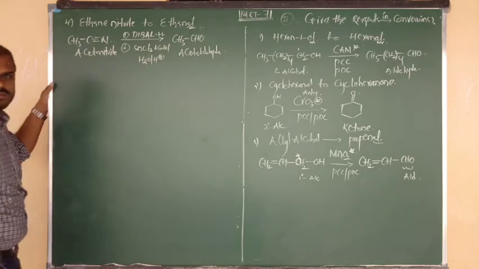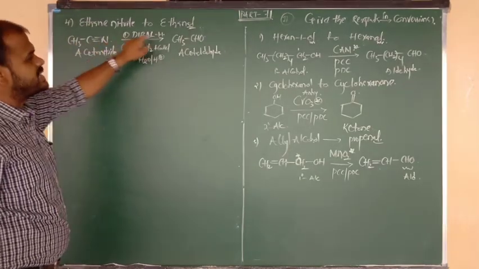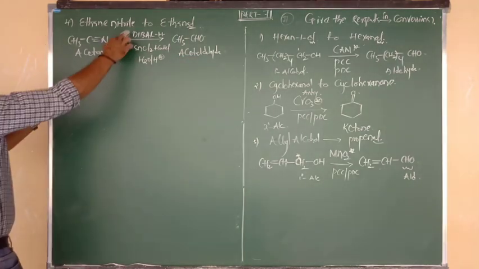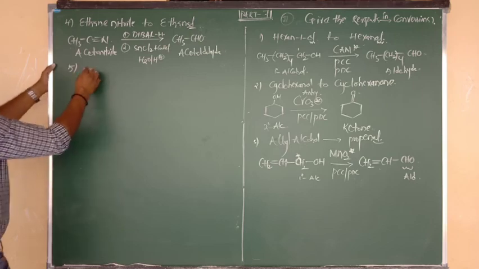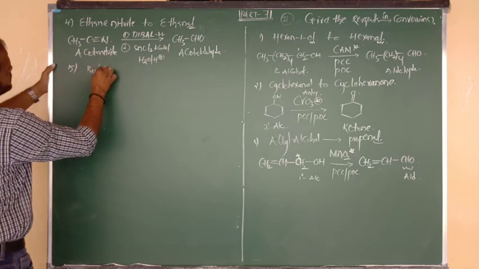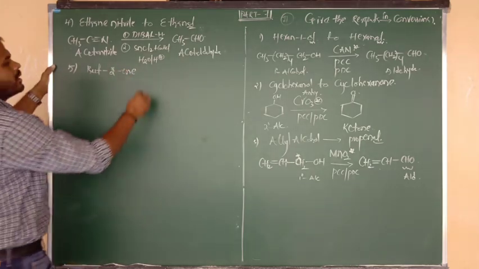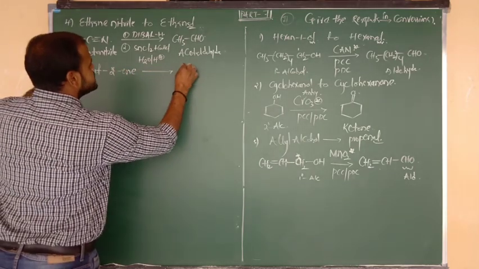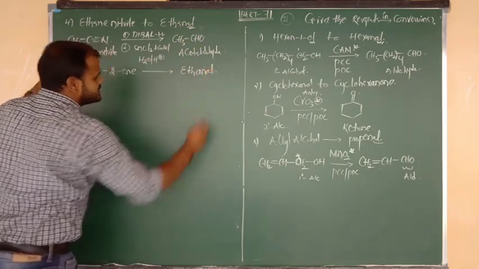If you want, you can refer to that method. Go and see DIBAL-H once more. You can refer to the reaction of Stephen reduction. Nitriles upon reduction change into the aldehyde. So any one reagent you can write as you wish, you will get the marks. Next one, I am going to write another reaction: 2-butene, changes into the same product, that is nothing but ethanal, nothing but acetaldehyde.